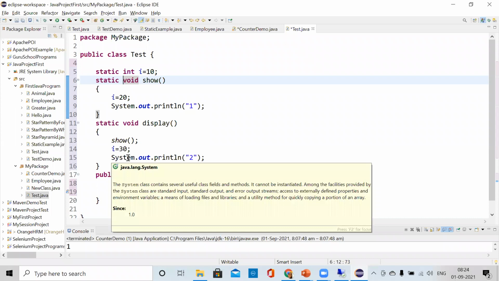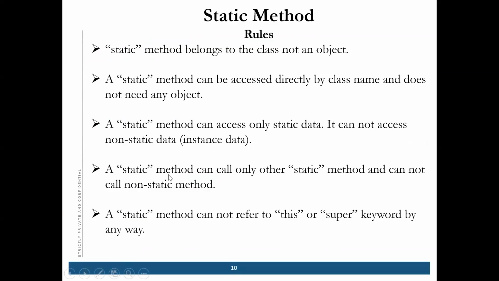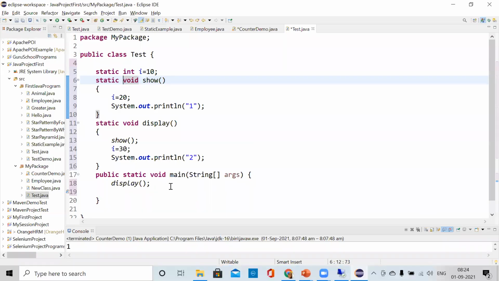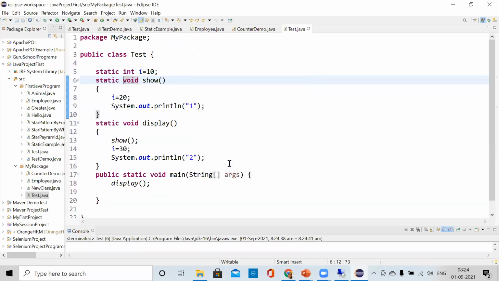So this is the fourth point, that a static method can call only other static methods and cannot call a non-static method. Clear? This is the important point. If I execute this, let's see what will happen.